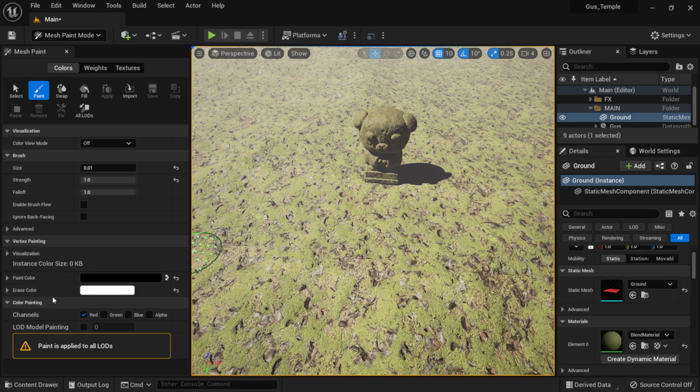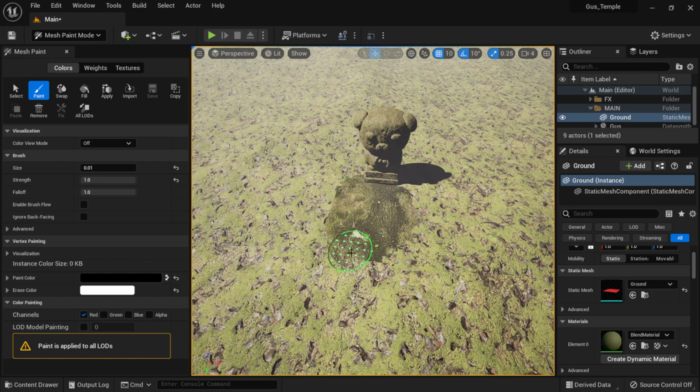Down here where we see color painting, you want to make sure that you only have one of these channels selected at a time. Your red is going to be basically the second material that you selected. Your green is going to be the third material you selected. And the blue is going to be your puddles, which we selected inside of our blend materials. This is just going in the order of operation, how we selected everything when we first set everything up. Now for the fun part: if I left click and start painting on my texture,